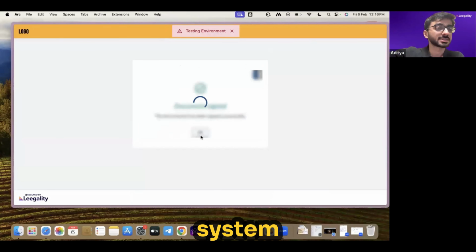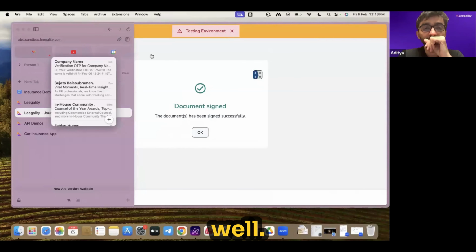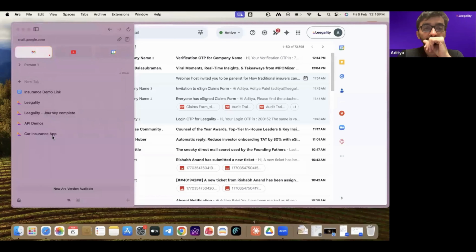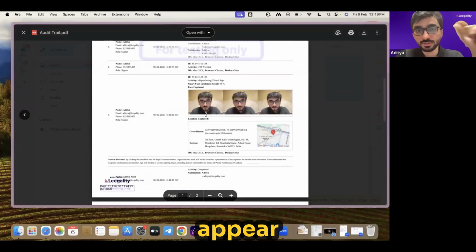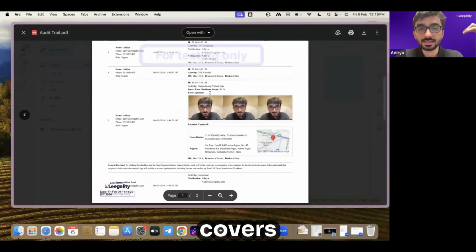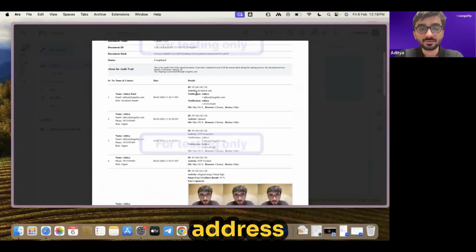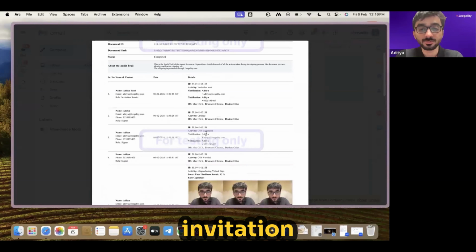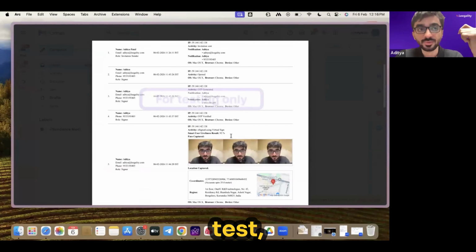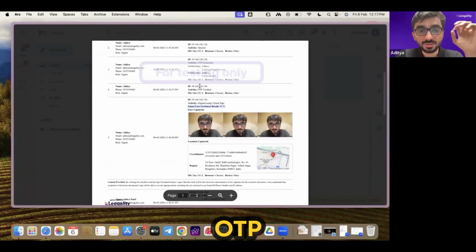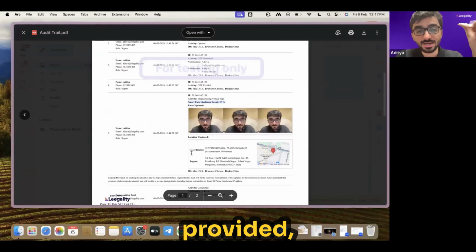I'll just show you the final documents as well. I'll show you how an audit trail would look. So the face will appear on the audit trail. You'll get an audit trail that covers the IP address, when the invitation was sent, when the invitation was opened, when it was signed, the results of the liveliness test, like how confident it is that it is a live person, the actual live face captured, the geolocation captured, the OTP authentication when it was done, the consent provided,